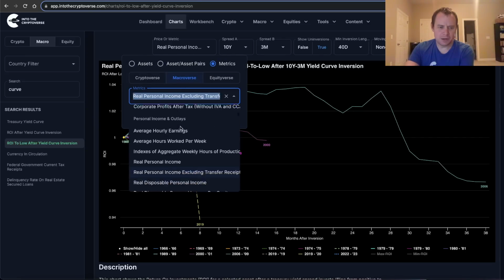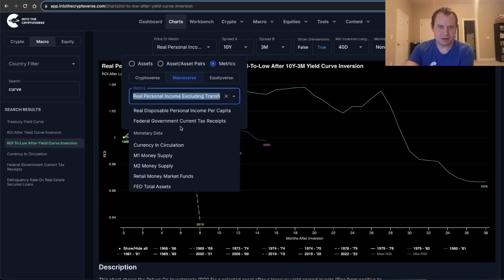I think the hard part is patience, right? Seeing it play out and also understanding that there still is no guarantee. You could have an uninversion process and it does not necessarily lead to a recession, just like we saw back in 1966. With that said, in 1966, the inversion was relatively light and short-lived, and we still ended up seeing new lows on the S&P 500. Eventually, we just had to wait another couple of years or so, but it did eventually come.